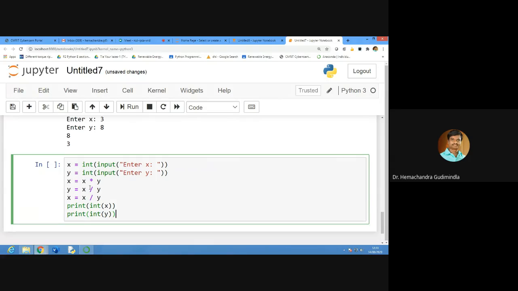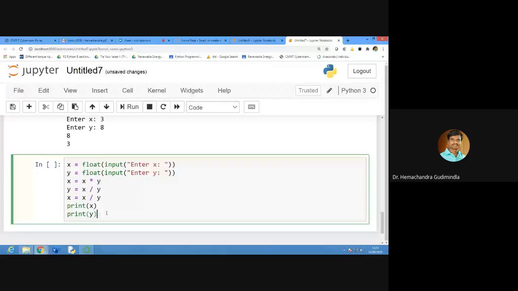Now, whenever there is division, you will get a floating point. You can use integer or you can use float also. No issue with that. Better you go with float only. Don't go with integer.